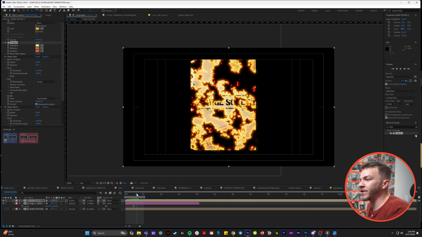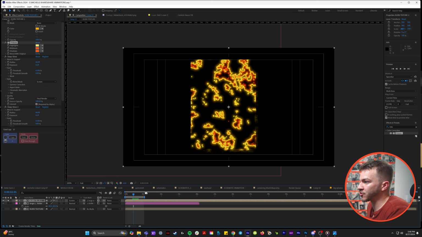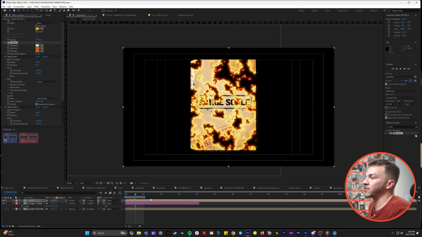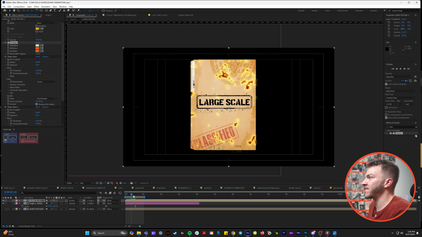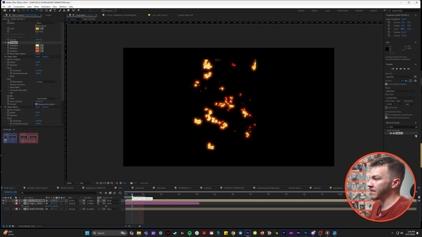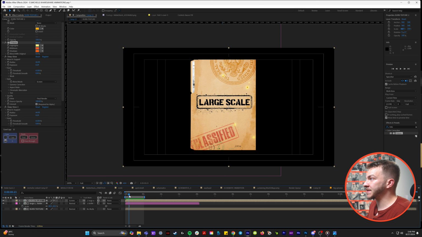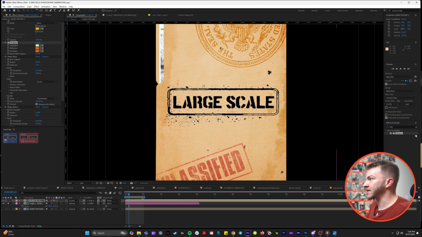One thing I just did that I really liked is I turned this layer that's just the lines to screen, which makes everything a little bit brighter, and I feel like this looks really nice and blends in way better. And now for the final touch that really sells this burn effect is if we isolate the folder layer